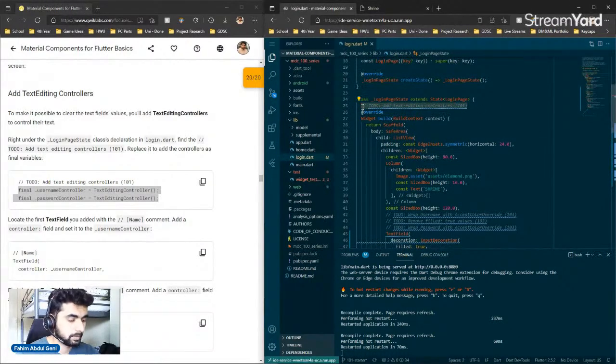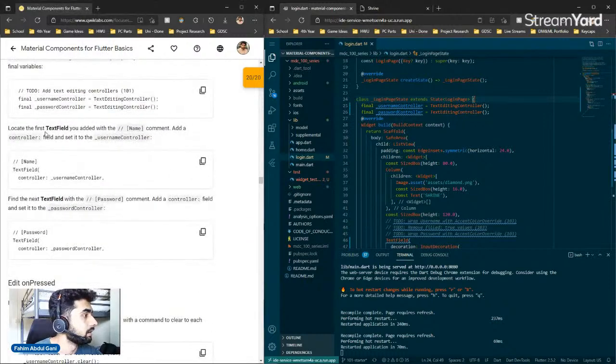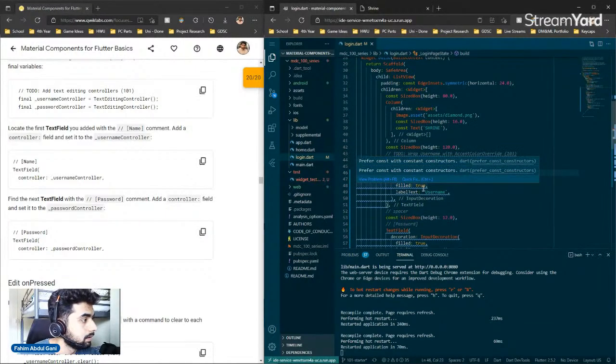Sorry, my bad. So we need to add the controllers and initialize them when the class is loaded, when the stateful class is loaded. And locate, add a controller, and we're going to set it to this. Actually, just copy the entire thing and add a controller. Okay, the first text field. This is the first text field, and we're going to add